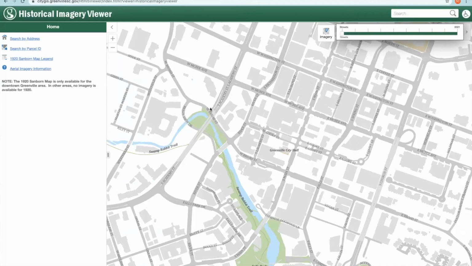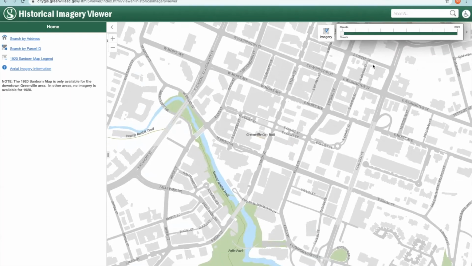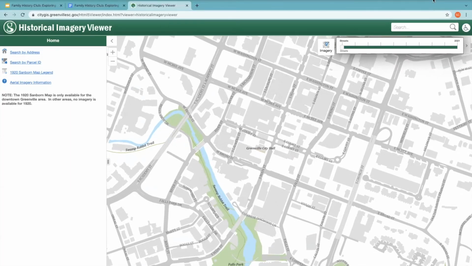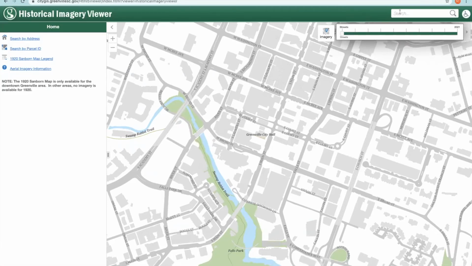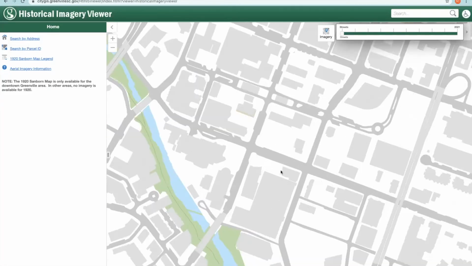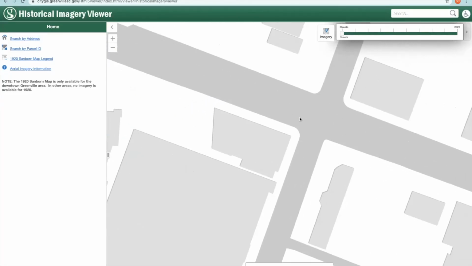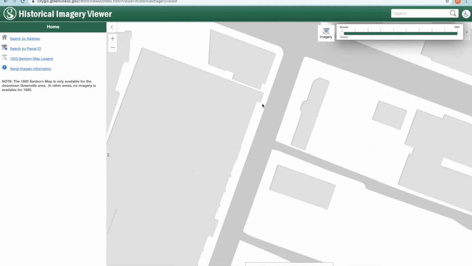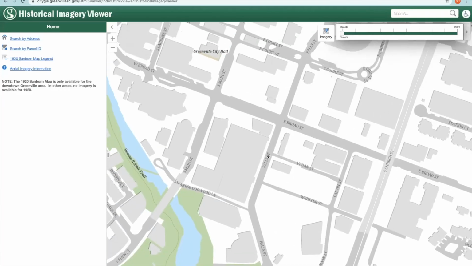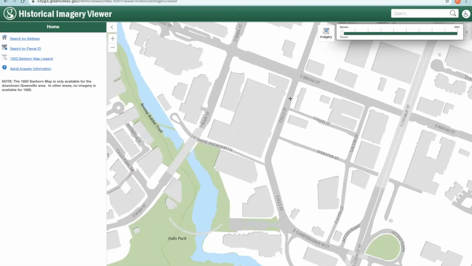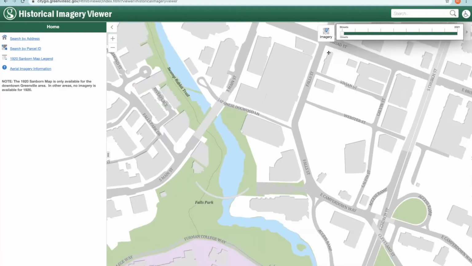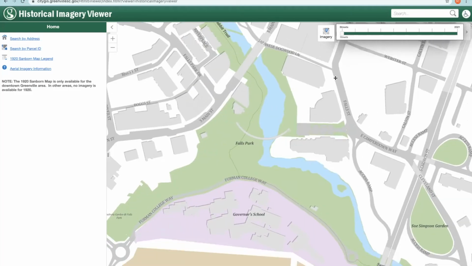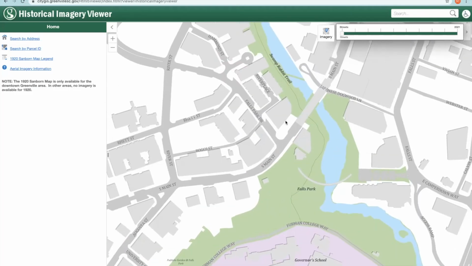And this is super neat because it actually includes the Sanborn maps too. So instead of typing in an address, like you could at the top, you could search by a specific address, but I'm just going to go around maybe the Falls Park area, like right here, or let's see, yeah, let's do Falls Park. Let's kind of be in this area.